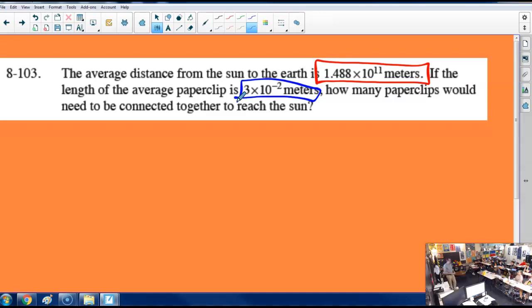So if we wanted to say how many paperclips it takes to get to the sun, ignoring the slight overlap of the lengths, we've already compensated for that. This has already compensated for the overlap. How many paperclips? A lot. All right, first one to get the answer